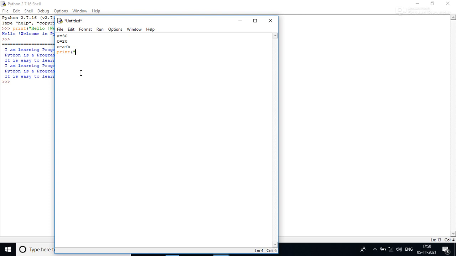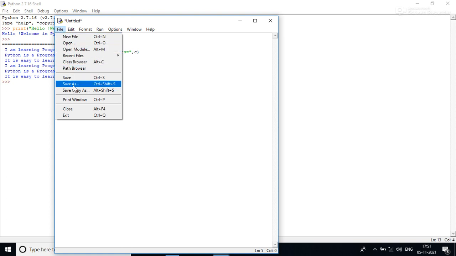Print function means when we want to show the output of a Python program, we can use the print function. Write here the statement, the sum of two numbers is equals, comma C. After that, save your program.